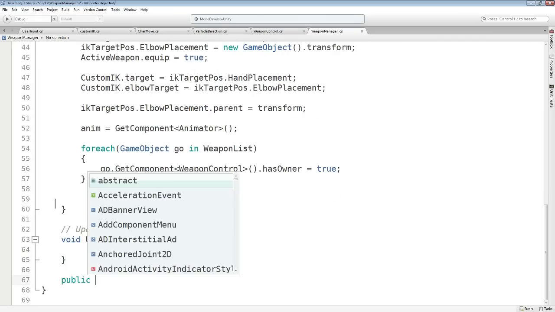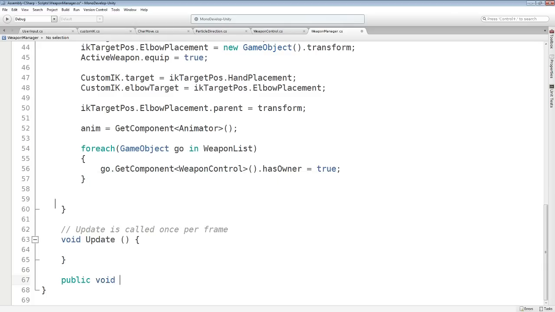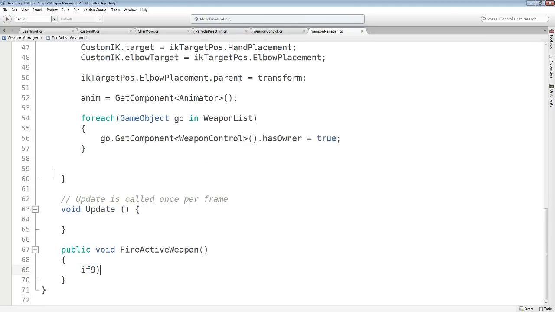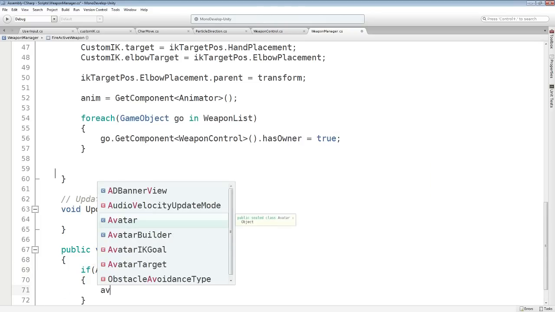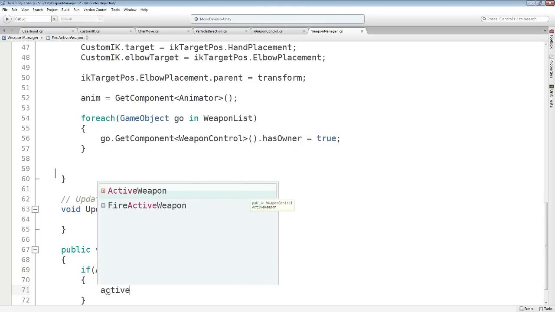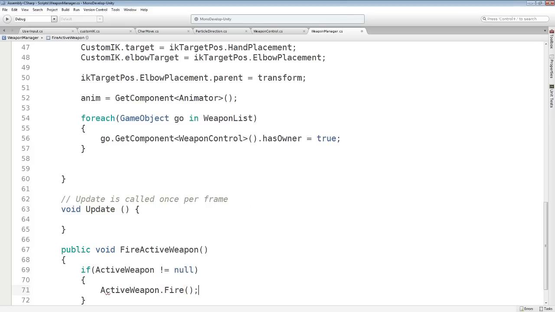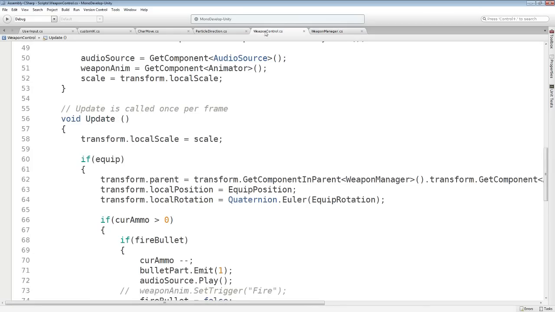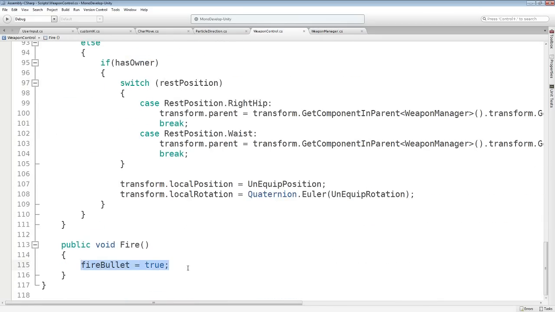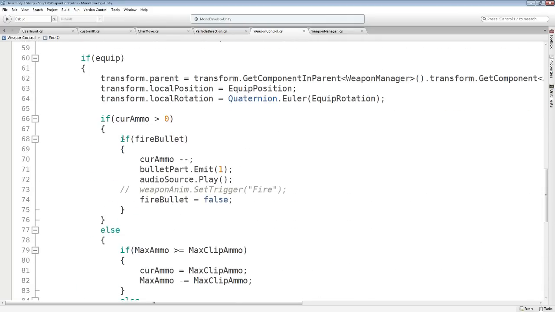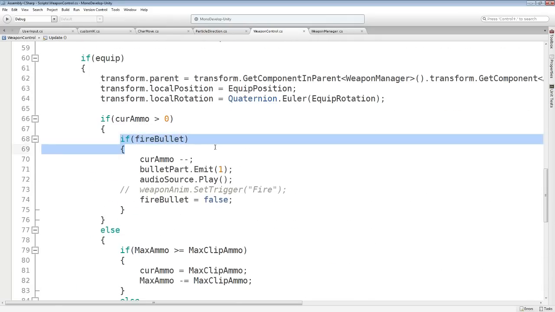So we need a public void, which is our fire active weapon, and we'll say if active weapon is not equals null, so we have a weapon, call the fire function, which in turn goes over here, makes the fire bullet true, and the fire bullet